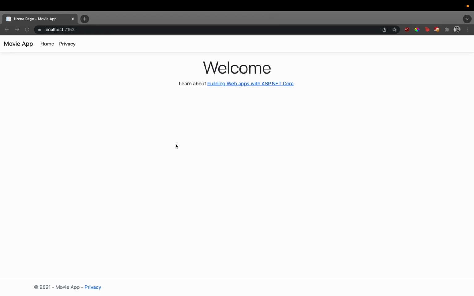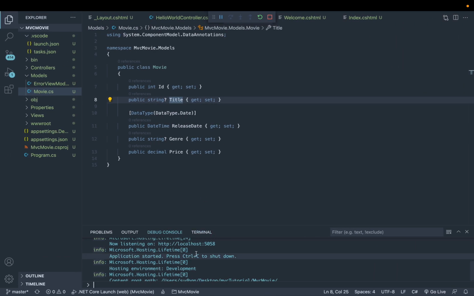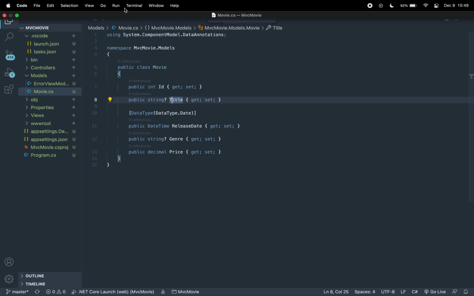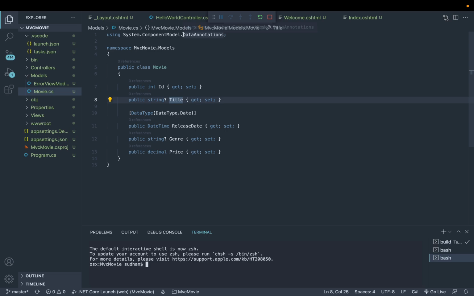Awesome. Now that this is done, we'll need to conduct initial migration of our new database. In order to do this, we'll also need to use more command line applications. So to do that, let's go back to our terminal, and we'll want to migrate the initial created database. And in order to do this, we simply type in dotnet ef migrations add InitialCreate. They should install in just a second. As you can see, the build is started,